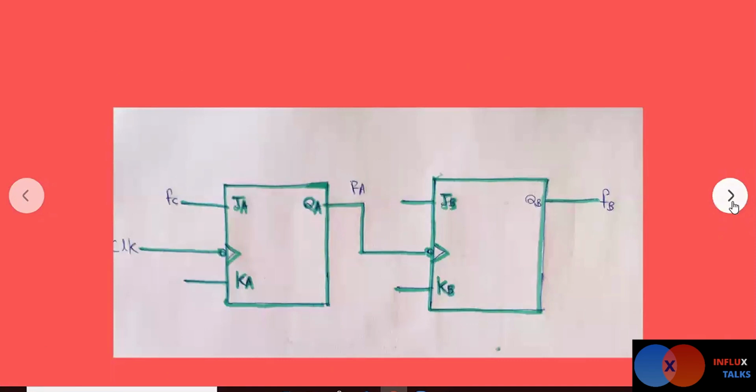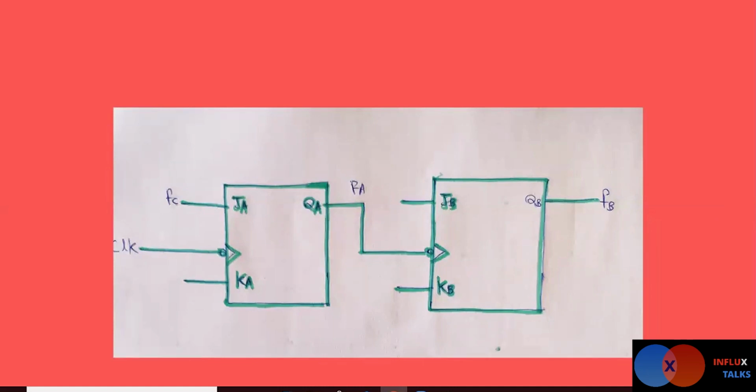So we'll analyze the circuit that you can see here. It's actually two JK flip-flops, and you remember that a flip-flop is used to store memory, but instead of storing memory, it can also be used for frequency division, which we are going to see here. The most important thing is that these two JK flip-flops don't have the same clock. You are giving the clock at the left side, and let's say the frequency of the clock is FC, but the same clock is not given to the second flip-flop. Instead, we are giving the output of the first flip-flop as the clock input of the second flip-flop.